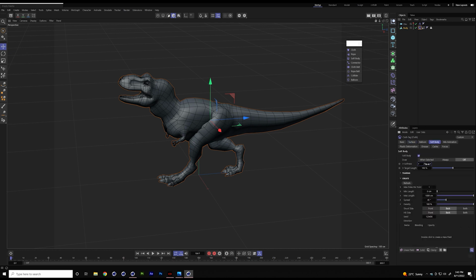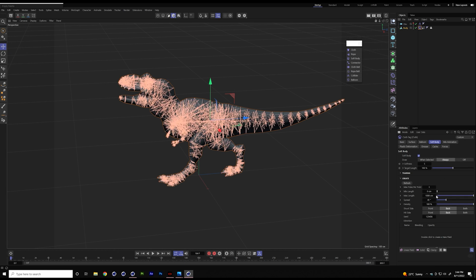So let's make this less soft. Let's go and add a few more of these. Look at all these things happening in here. I'm going to change some settings, add a few more of these. I'm putting more structure, right? I'm putting in the ability for the object to hold its shape better.